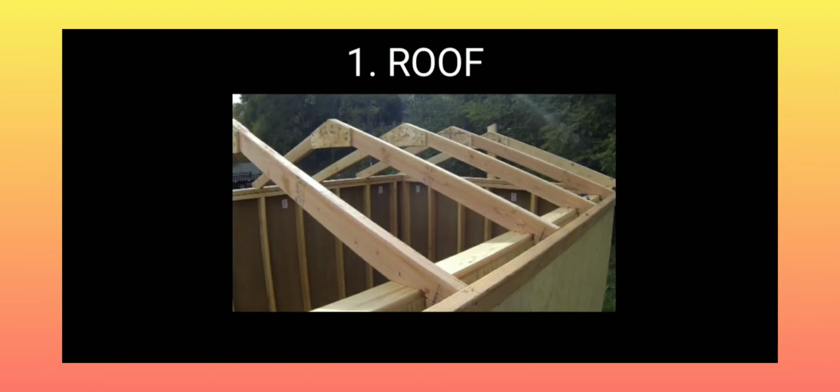The first one is the roof. It is the exterior and uppermost part of any building structure. It protects us from sun, snow, wind, and other environmental factors. The two main parts of the roof structure are the roof deck and the roof cover. The structural component which supports the roof cover is called the roof deck. It can be constructed either flat or sloped, in the form of truss, shell or dome, based on the type of building structure.